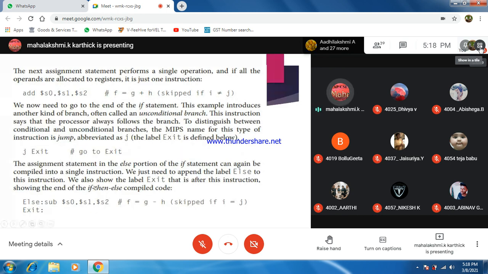Both have to be separated and the result has to be stored in S0. That you all know. This is done only if it skips when i equals j. Only if i equals j is skipped, after checking this condition and skipping, through the jump operation it comes to the else part, then it goes to the label exit.